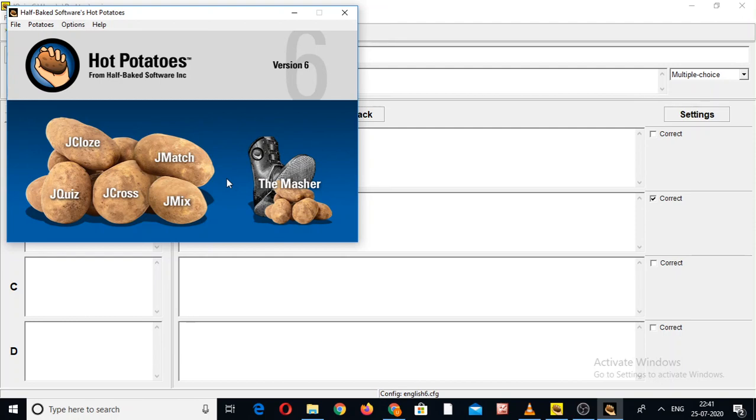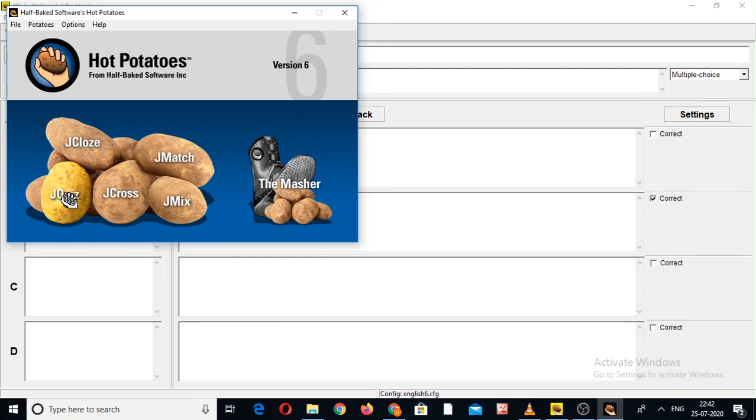This JQuiz helps us as teachers, as faculty at university or college level. It helps us to make different kinds of quizzes. There are 4-5 options, which means we can make multiple choice type questions or fill in the blank, or a photo will be there to identify, like that. So let us start to work on it.